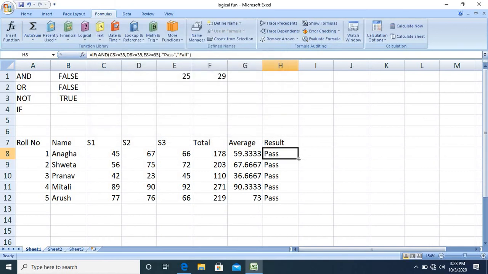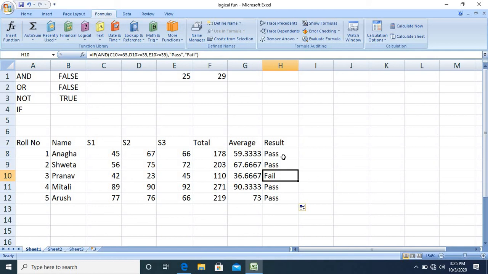Copy the formula in other records. So here for the third student, as the student has scored less than 35 in one of the subjects, the result will be fail. If the subjects are limited, this formula can be used.